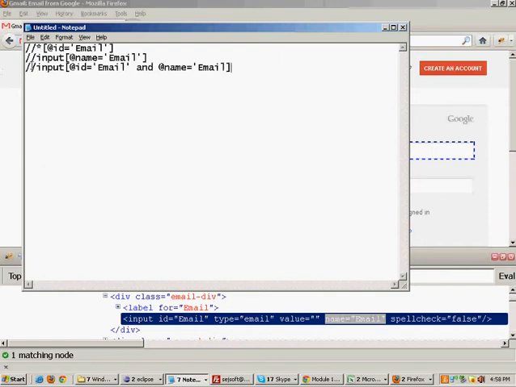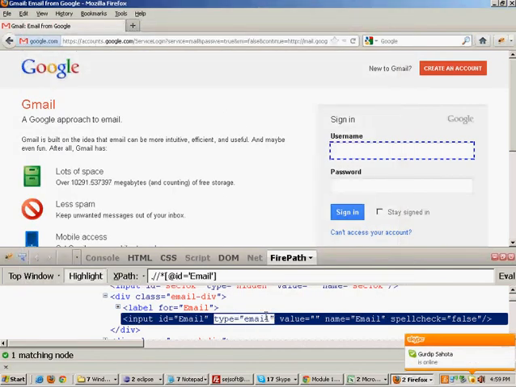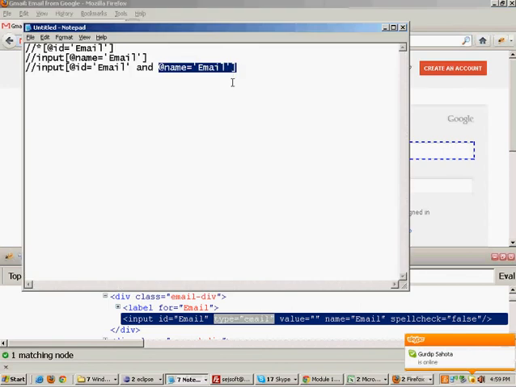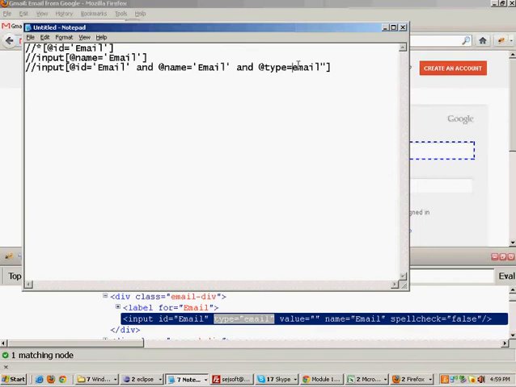So the AND attribute can be used to concatenate two properties. Okay, so the ID and name both are valid. Again, the type is email for this. So I can include type as well. I can write and the type attribute is equal to email as well. Like this.